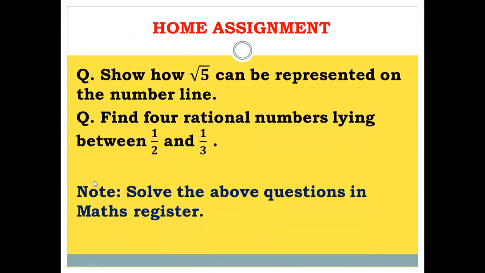Now these 2 are the homework questions you need to attempt yourself in your math register. Show how root 5 can be represented on the number line, and find 4 irrational numbers lying between 1/2 and 1/3. So I hope you understood all slides very well,